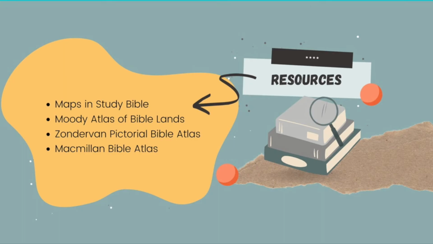There's Bible atlases, which are helpful because they go into a little bit more detail about the terrain, cities, and places and times in the ancient Near East. Also, if you have commentaries, a lot of times they will go into more detail about a specific town or a city, maybe a river, or a story that gives you some geographical context. So those are helpful. And also I will put a list of resources that you could use to help you get a better sense of the geographical context of a particular passage or Bible story in which you're reading.